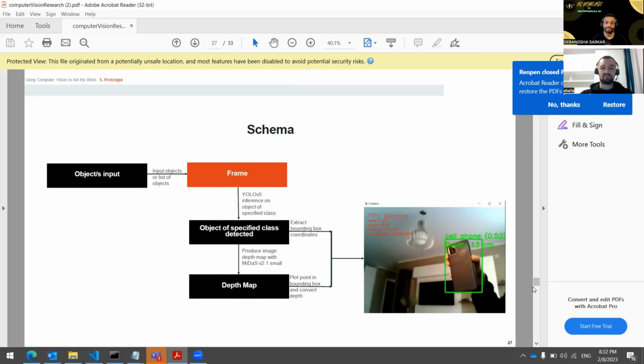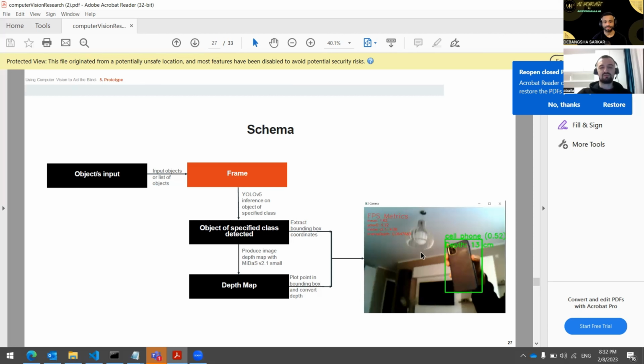And also, as I mentioned earlier, you have to be smart here because sometimes depth, well, it is affordable, but still it's a bit heavier than YOLO. You produce your depth map because you want to know exactly how far it is from you, right? It's always going to be in front of you, but it can be 30 centimeters, 60, even 1 meter for that matter. So you need to know the depth. And then you just produce the depth map, find out the depth, and you have your object location.